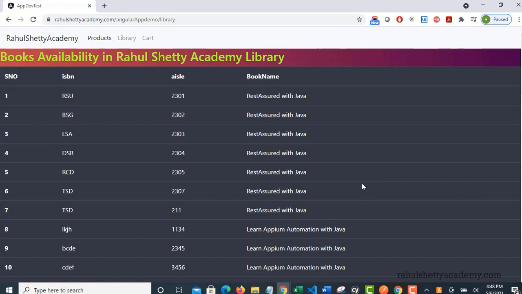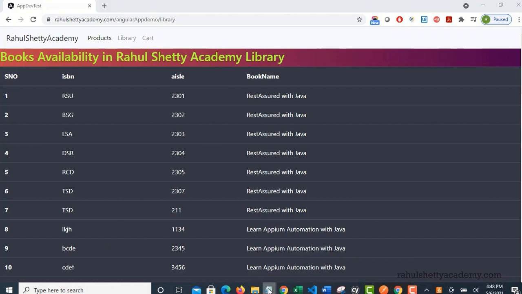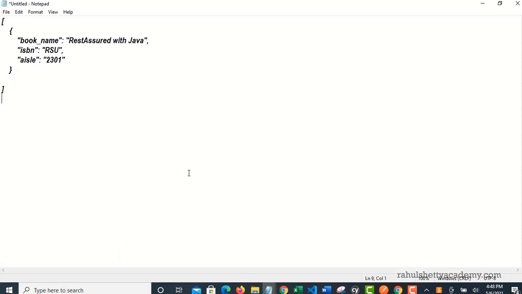Okay, so I'll explain one scenario where there was a huge bug at Barnes and Noble. That is one hub of library, so you can Google about Barnes and Noble. What happened was an API gave you a response with 14 records. Okay, let me show you. So you got 14 records in your API response, and when the user is trying to render on the front end,